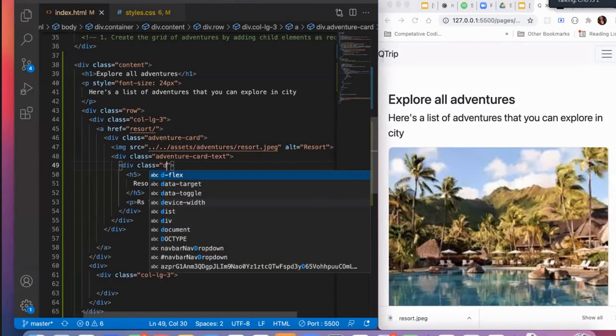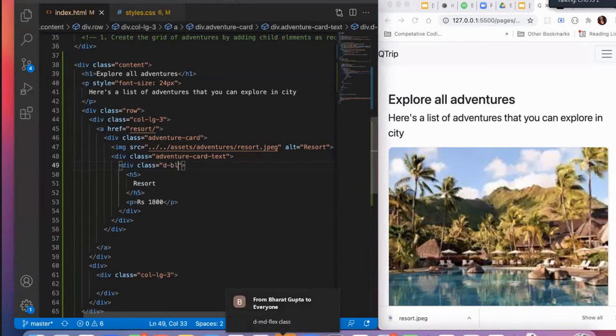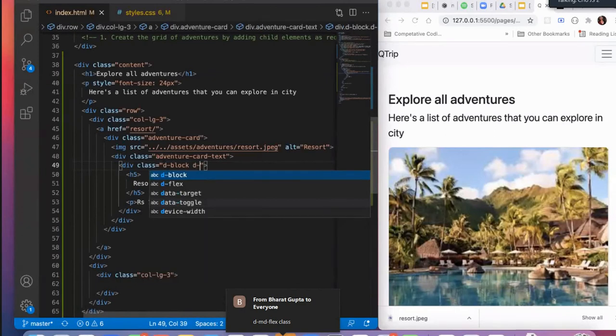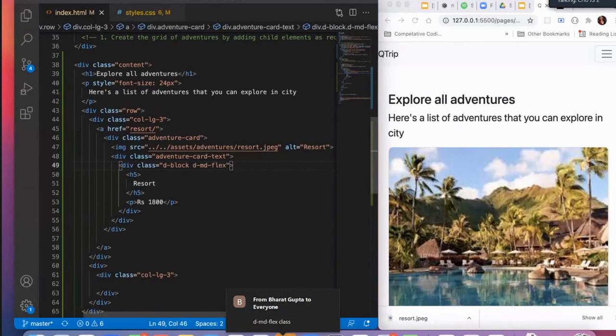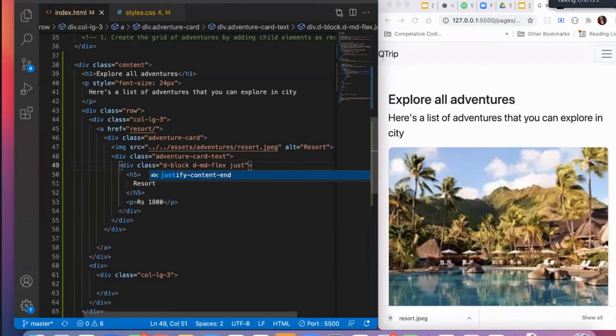Okay, let's give it a block. For medium size screens, we want the display to be flex, right? I'm saying it right? We want the display to be block, and for medium screen sizes plus to have flex. I hope I'm getting it right. Justify content